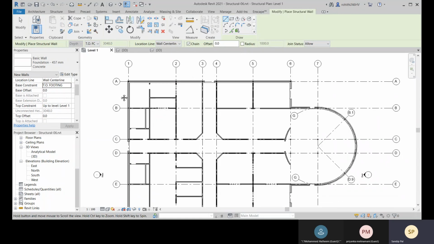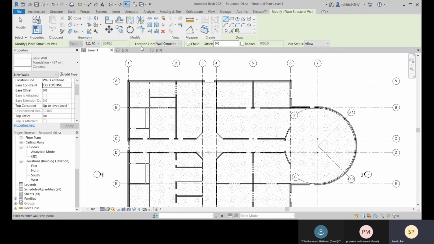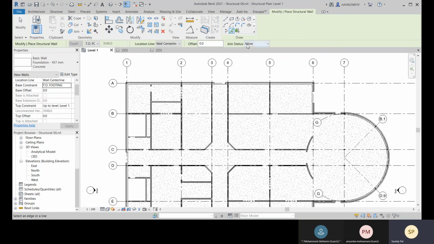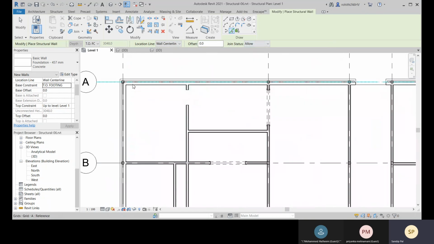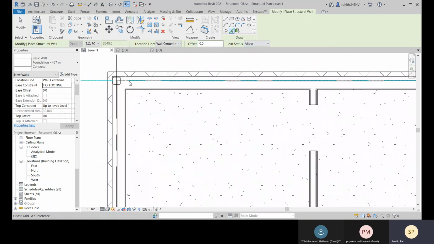For the location line, I'm using Wall Centerline, with the chain connected and no offset. I'm going to select the Pick Lines option, and the join status is Allow, so it will connect the joints at the corners.